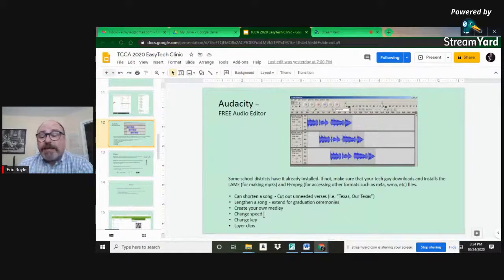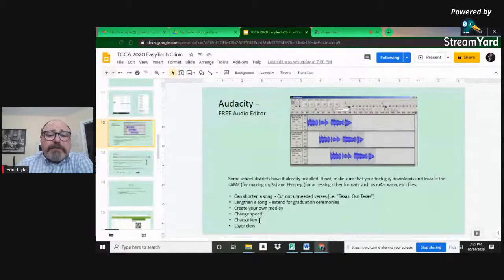If the song's too fast, you can change it without changing the key, which is nice. Now, you cannot do it too drastically, but you can do it relatively before it starts getting some artifacts, where it starts sounding funny. I've done that for some songs that the kids just couldn't quite get their voices out of. It's a little bit too fast for them. I pop it in here, slow it down a bit, save it, and there we go.